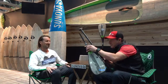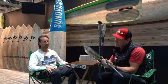I was really blown away by the travel paddle that Sunova came out with, with Tino's help in developing, obviously. And it's a real hassle to travel around with your paddle these days. So we made this really cool three-piece travel paddle. This one has vector net on the backside, you see, which is common in a lot of my QuickBlade models. But it has the balsa wood core, the Sunova signature core. And you can see it's a really cool logo here that says